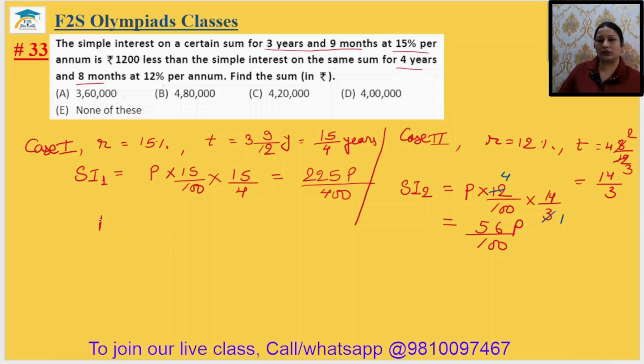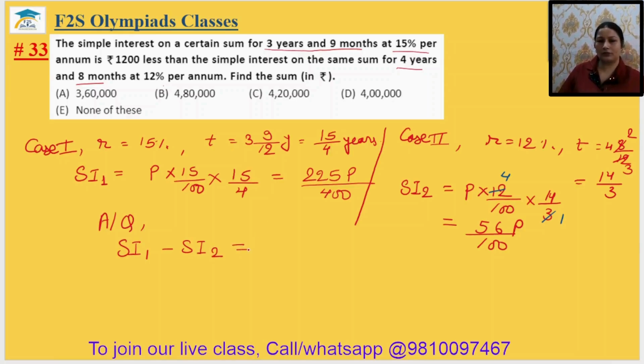And as per question, it is saying that the difference between means it is 1200 less. ठीक है, it is 1200 less, so we can just write as simple interest 1 minus simple interest 2 equal